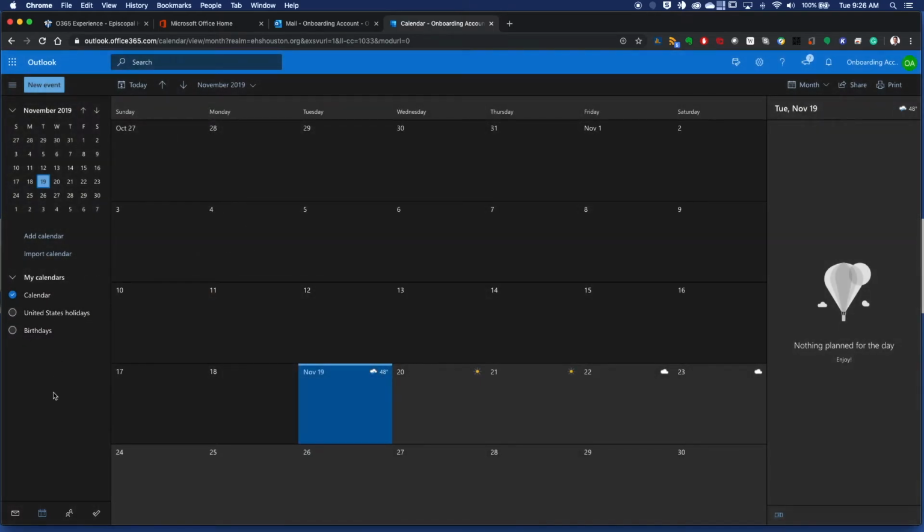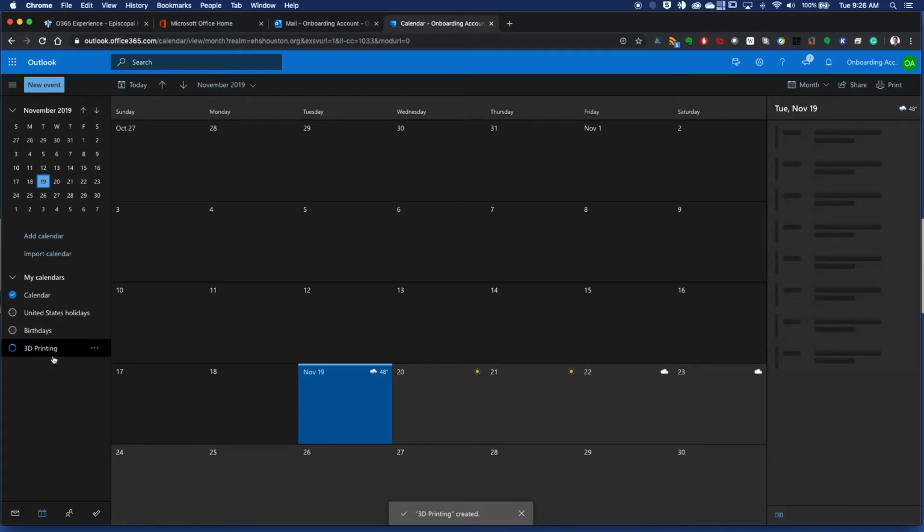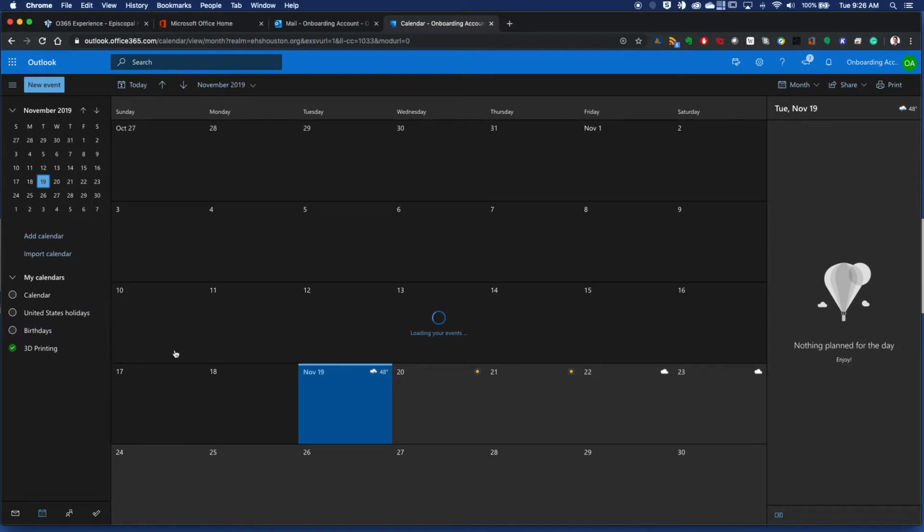You have My Calendars over here. This is your default calendar. If you would like to make a separate calendar, so for example, maybe I want a calendar for my interim term project. Let's call it 3D printing. And I'm going to be planning various events during interim term. I can turn off my primary calendar, and now I will put events in, and they will be tagged as 3D printing. And I can change the color so that I know that they're for interim term and that they're not my normal calendar. This is also very useful because when you do this,